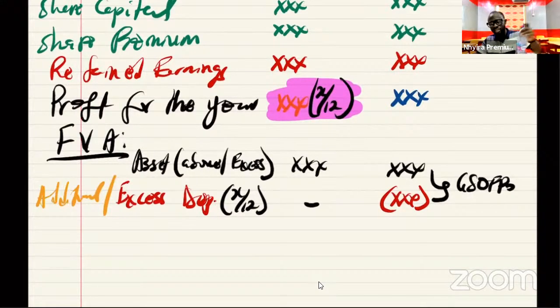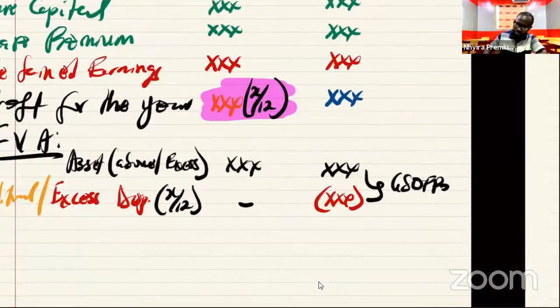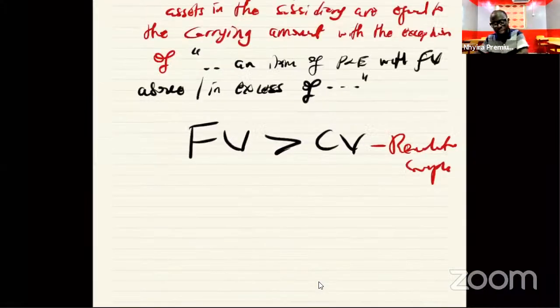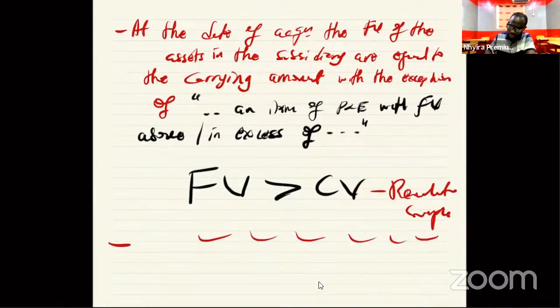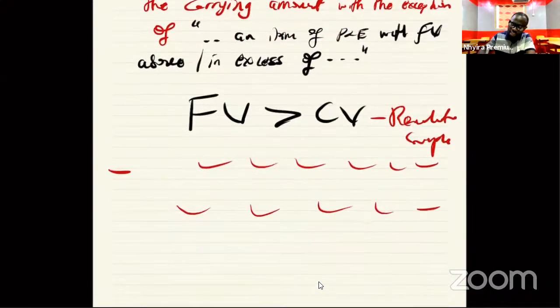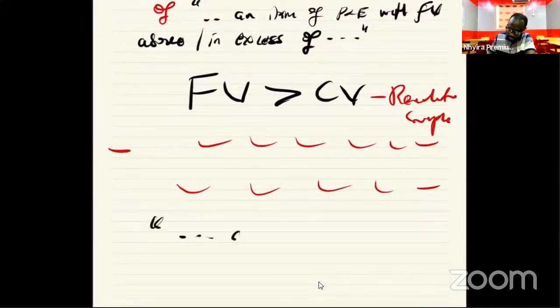Now, the reverse is true. What is the reverse? The reverse is simple. Then we will have at the date of acquisition, the fair value of the net asset. At the date of acquisition, the fair value of net asset are equal to the net, with the exception of, say, a land or a building, with the exception of a building with fair value